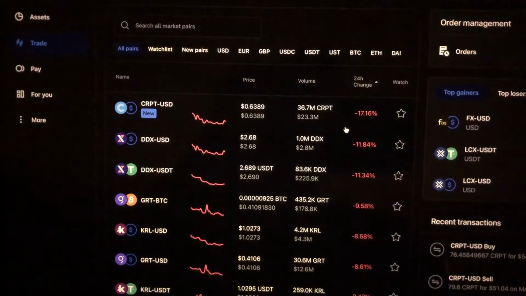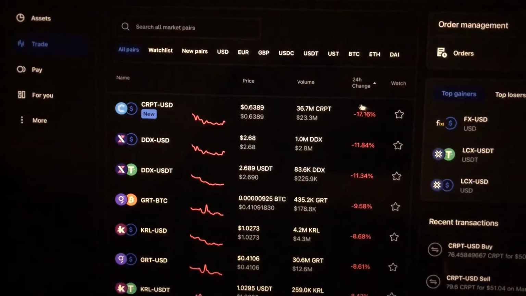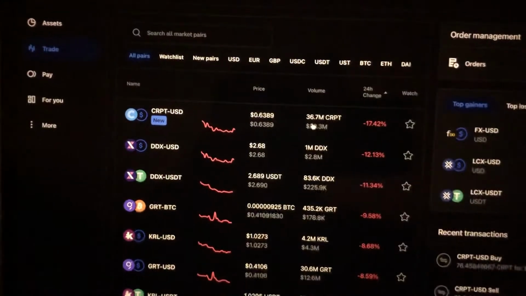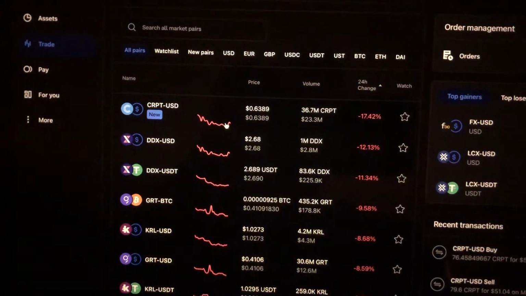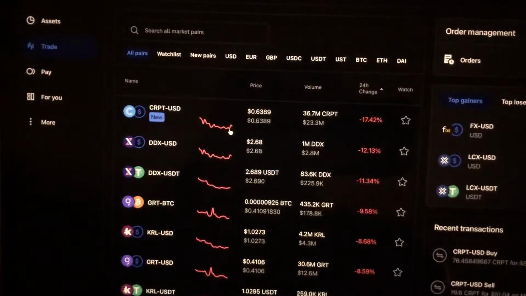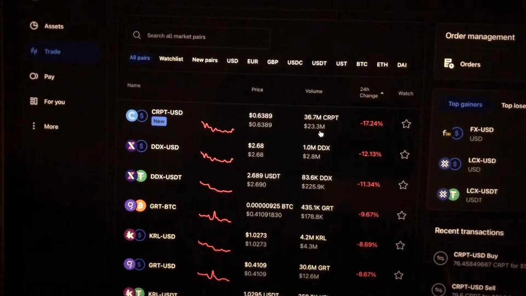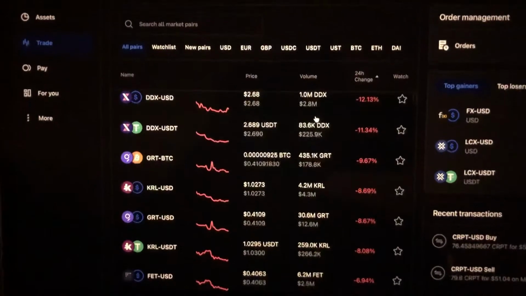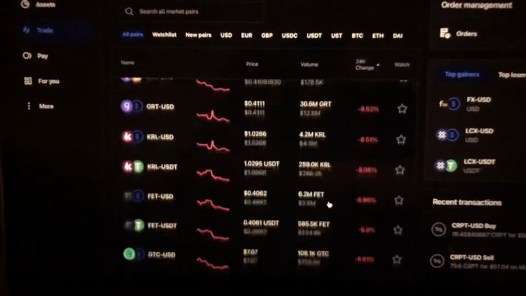So typically I'll give you 10. You come over here. This was at 25%. This is what I was playing with earlier. This was the biggest losing because as it crashes, what goes up is going to come down. What goes down is going to go up. So right now there's 23 million people day trading that, which is okay. It's equivalent. But like you go down here, where you got,